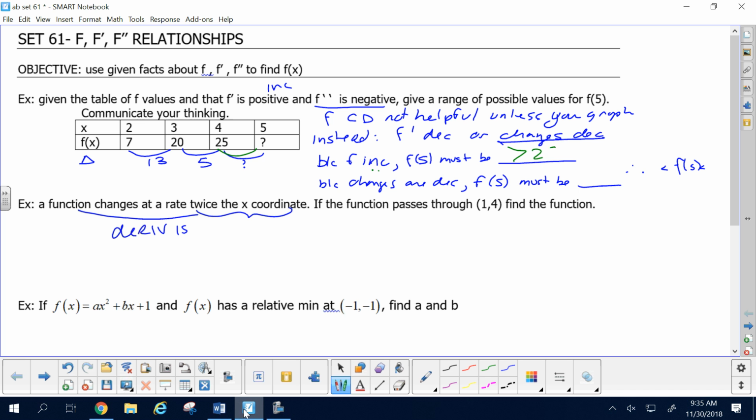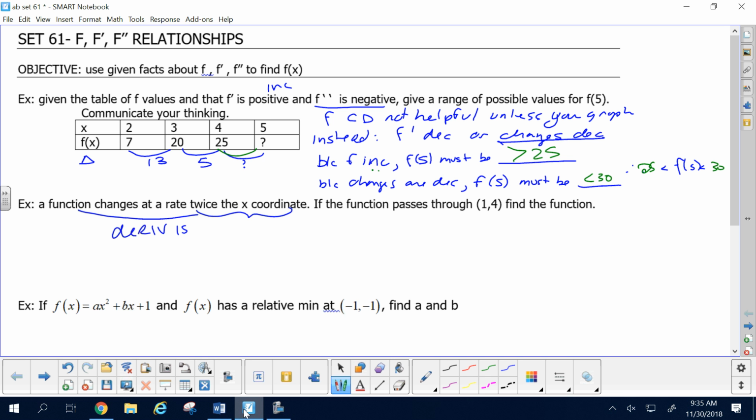But if the changes are decreasing, the next change must be less than 5. Now, if you start at 25 and change less than 5, then your next number should be less than 30. Wonderful. So at the end of the day, I would know that this has to be between